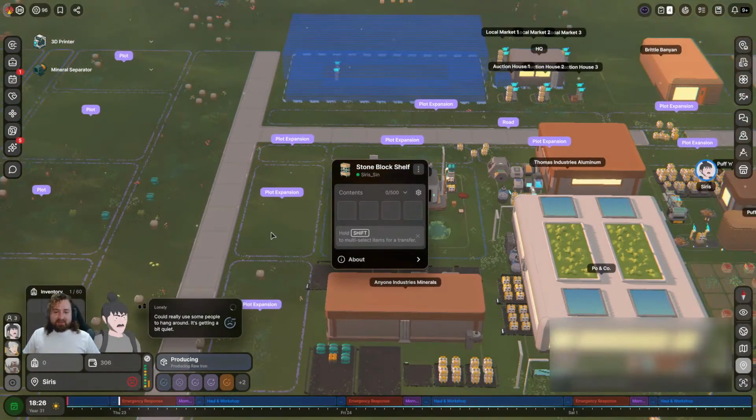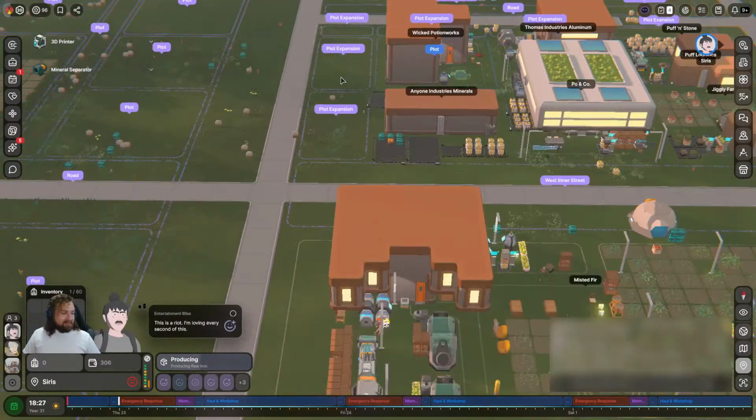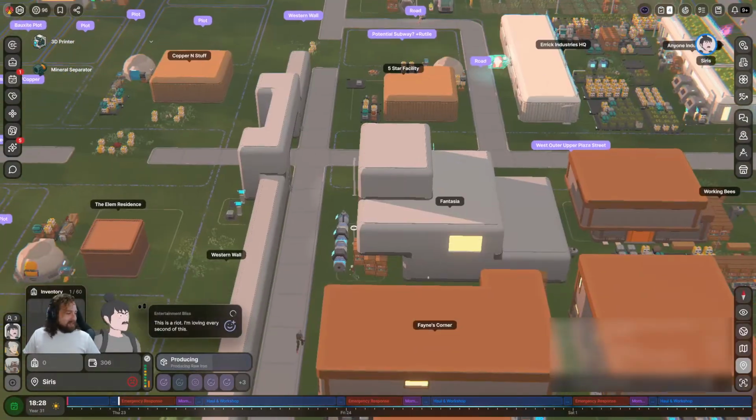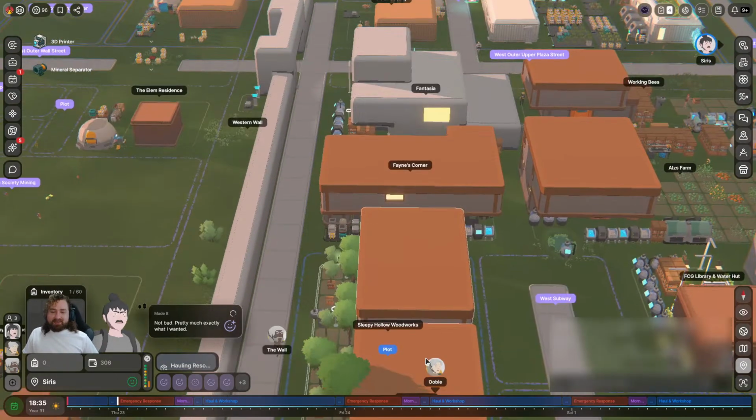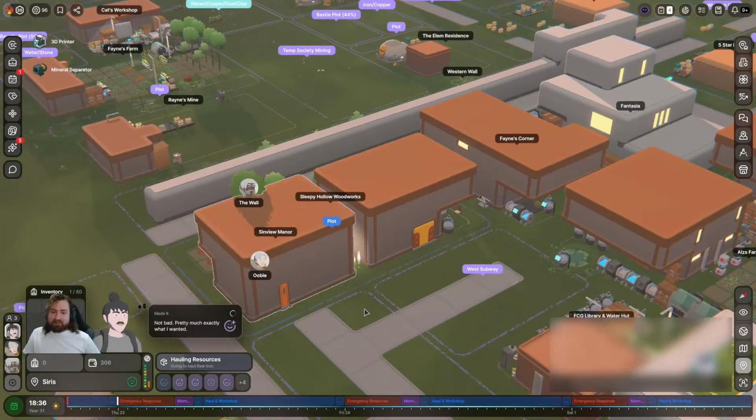I think I need to send myself some more stone. The wave is great. But I've got to send some stone to get some more stone processing.